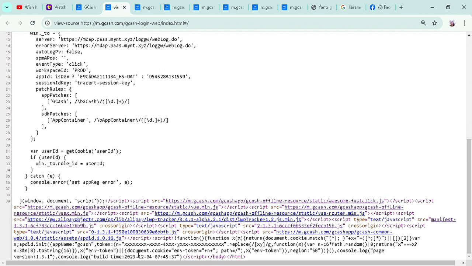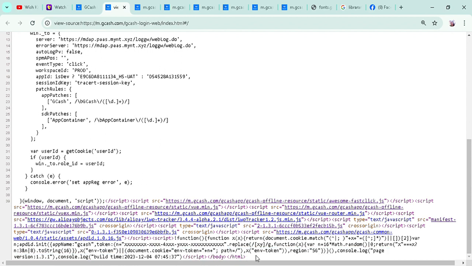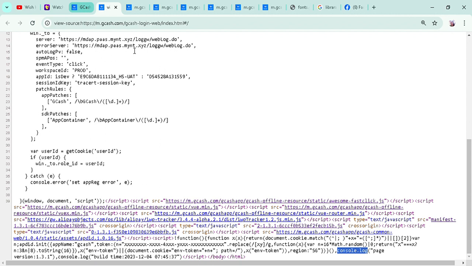So the document cookie, you can see the document cookie in HTML, and they have the paths and the token and the region, then console log. So console log is JavaScript. I know it's a C. Okay, wait, this one is C sharp.